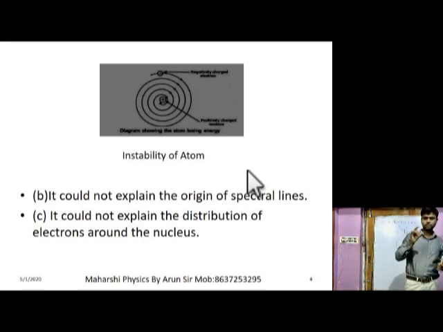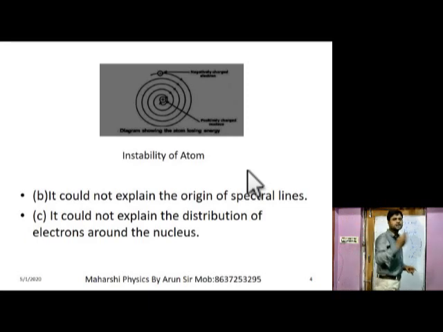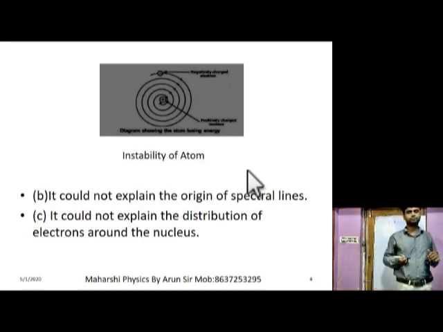So, Bohr's atomic model can explain the origin of spectral lines. How the spectral lines are produced can be explained with the help of Bohr's atomic model. But Rutherford's atomic model cannot explain this. Clear? Then, the next drawback is